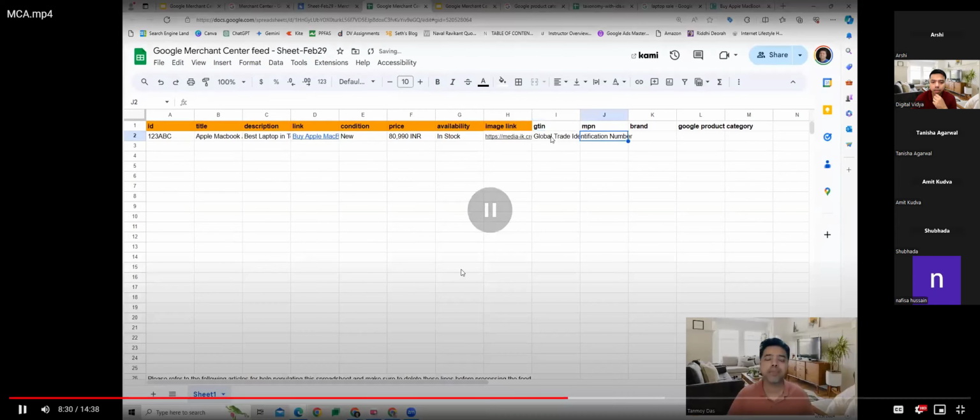No, it is not like that, Nikita. So GTIN is something recommended. So in our case with India specifically, the GST number is something you can provide as a recommended one. It is not something mandatory. What is recommended is still the orange part, image link. The rest all is good-to-have information. If you can provide that, very good. If not, that's totally fine.